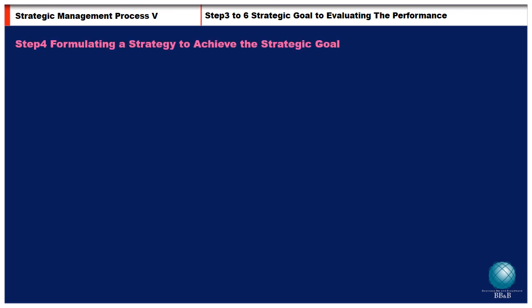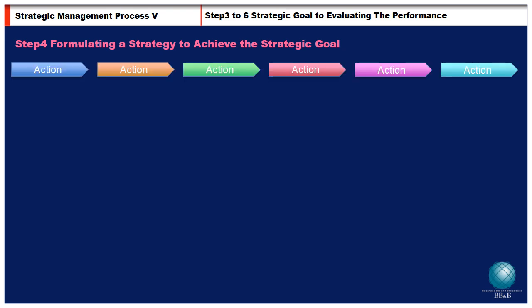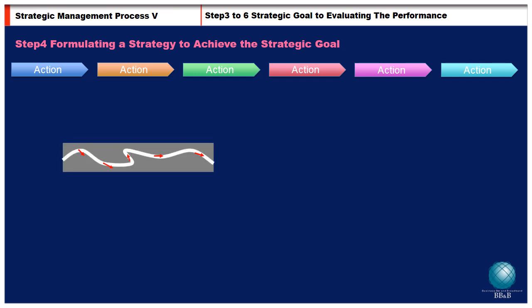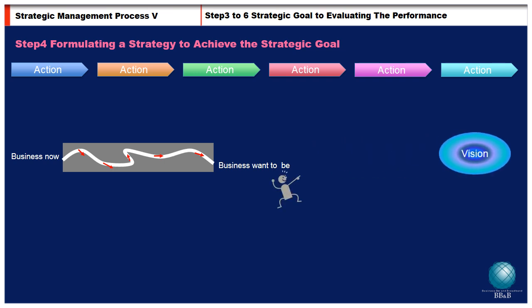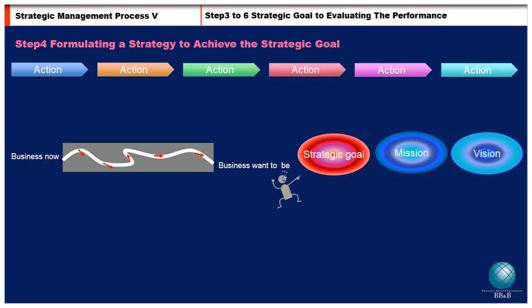Step 4 is formulating a strategy to achieve the strategic goal. Strategy is an action-oriented description. It shows a course of action for how the company will move from the business it is in now to the business it wants to be in, as stated in its vision, mission, and strategic goals. It should be a workable set of actions that reflect the company's opportunities and threats and its internal strengths and